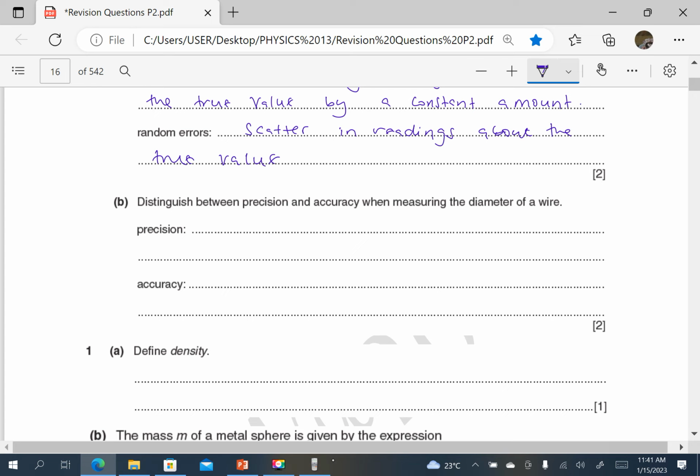So to begin with, accuracy is concerned with how close the measured diameter value is to the true value, and precision is concerned with